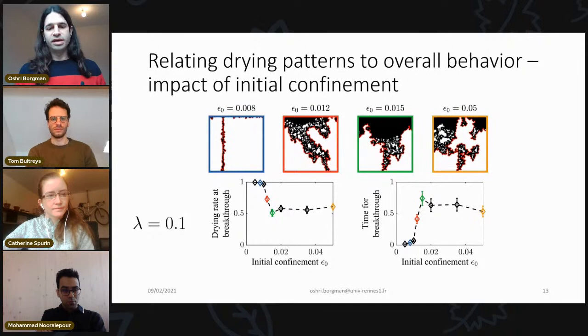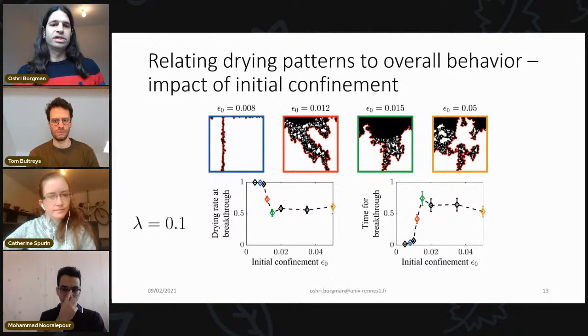With initial confinement, the effect is a bit different because what we have is that at low confinement we have large grain displacements. So it's a very subtle point, but it's a bit different. And I think this is something that would be interesting to look at in more detail, because you see this plot here, we see a very sharp transition between loosely confined and more tightly confined porous media, but we don't see